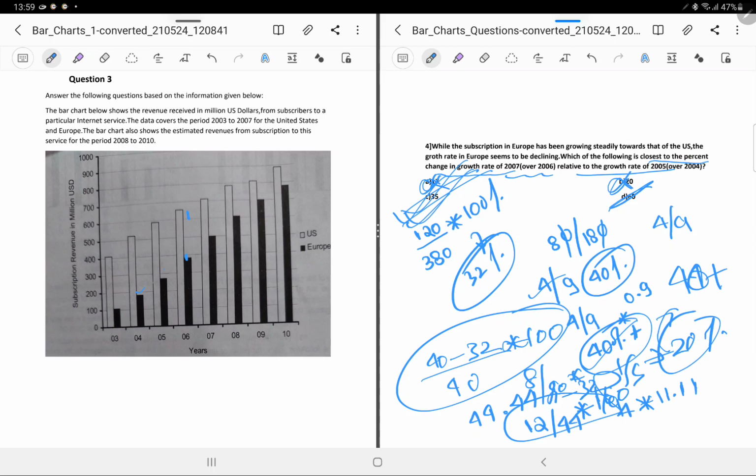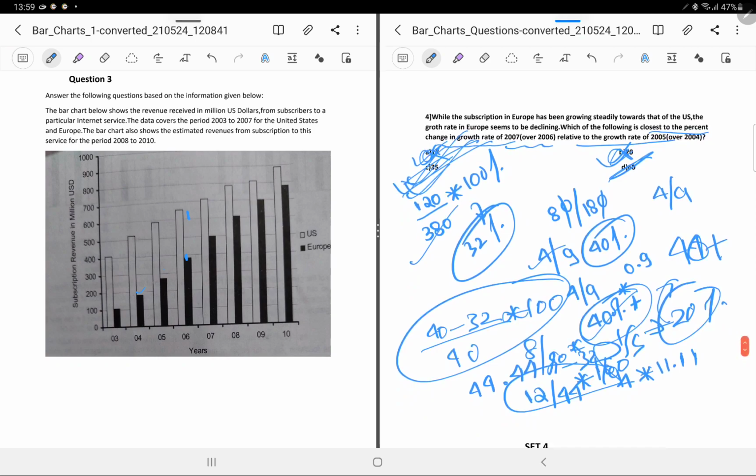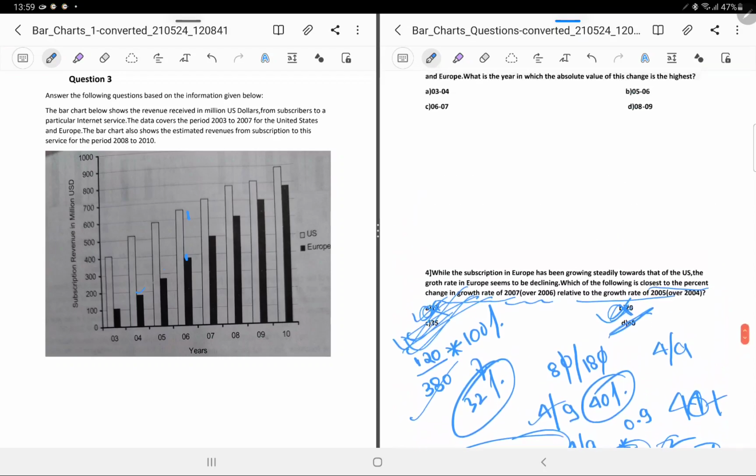To get the correct answer, what you can do is that you just need to see this accurately. See, this is the amount of variation that they have to give you while solving bar charts, because you cannot get the values right. So 35 is the answer. 35 would be the answer to this.